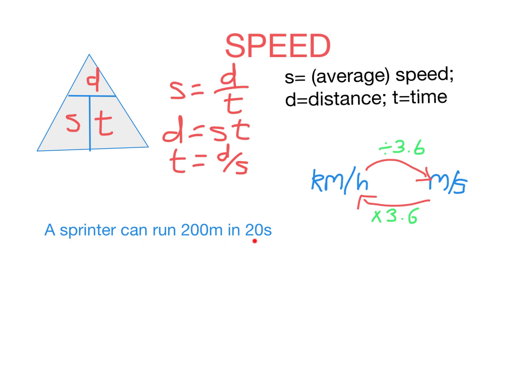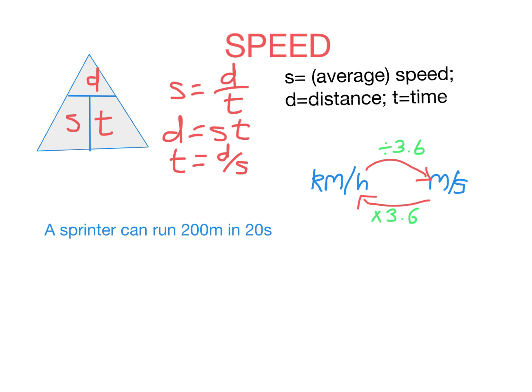A sprinter can run 200 meters in 20 seconds. So it's hard to compare that sprinter. Is that sprinter going, say, as fast as a car? Well, that's hard to know. What we do is we write the speed as a rate, kilometers per hour or meters per second, that allows